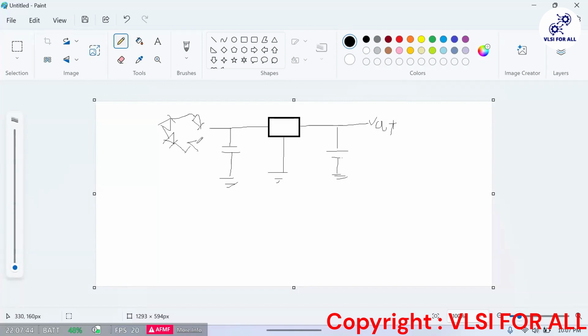We will put a bridge rectifier here. It will connect here. One terminal will go here, and from here the terminal will come and be grounded. From here, it will go to the transformer, which is Vin in AC format.